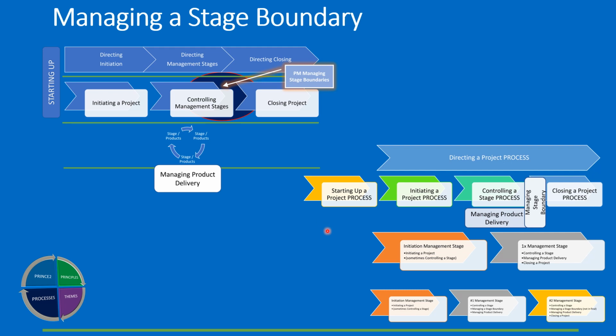That's just describing if there were only two management stages, you wouldn't have a second managing a stage boundary. You would have the closing a project process within the end of the management stage. And within three management stages, you would again only see the closing a project process in the final management stage, whether that's number 2, 3, 4, 5, 6, 7,